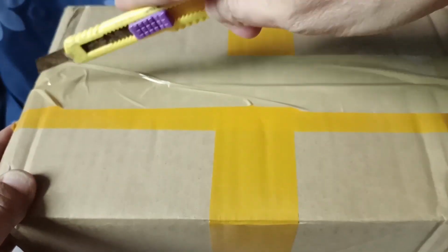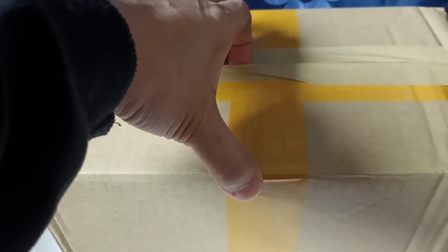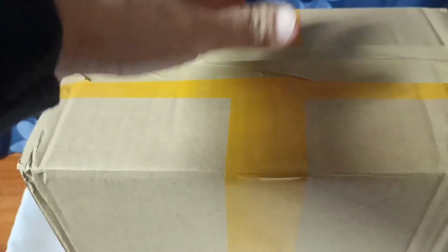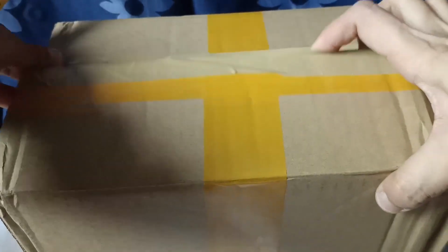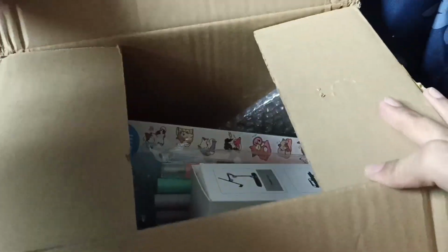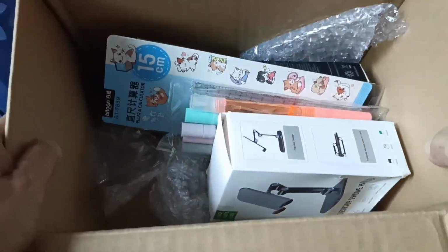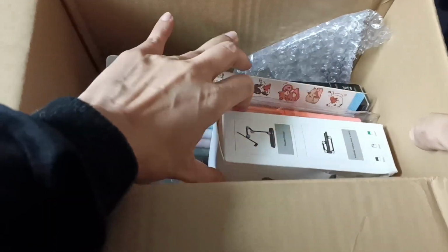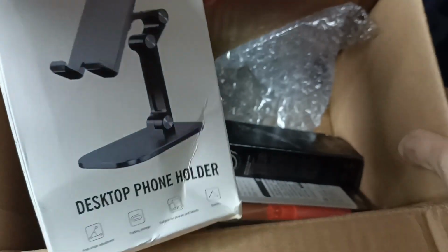So we're going to unbox today what I bought in the Shopee. So here is the one. Ta-da! So this goes. The first is this one, desktop holder,